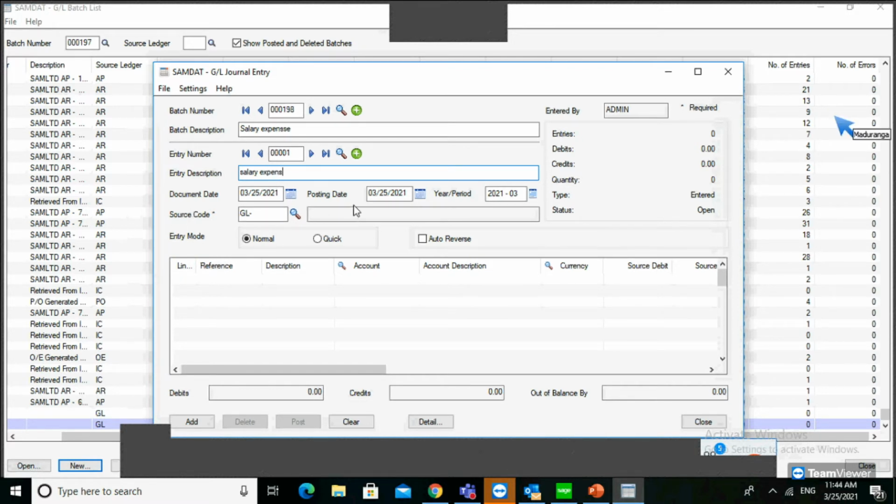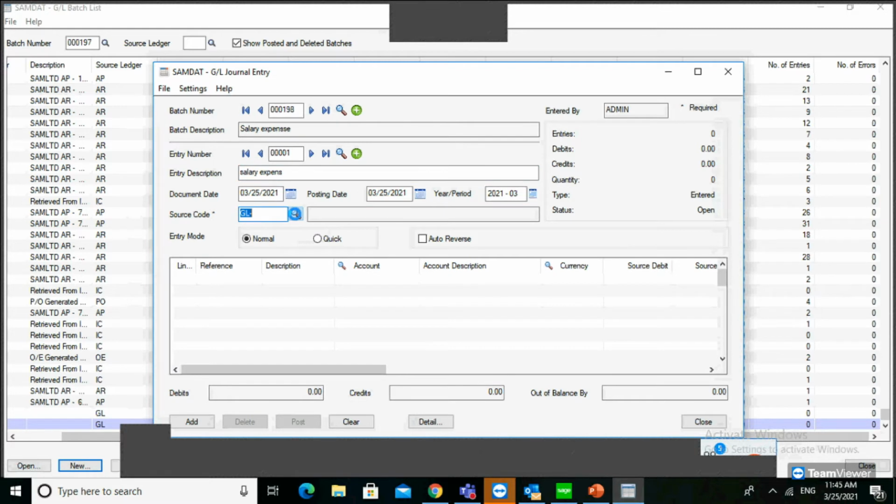Here you can see the document date and posting date. Let's say you put the document date as the February month and you are posting the date in March. You can only identify that in the transaction listing report or the trial balance. What it picks is the posting date and posting period, not the document date you are giving. The document date is the date the document was entered or prepared. The posting date is the date you are posting the journal entry.